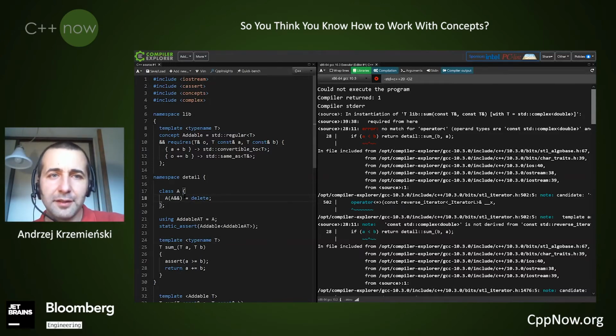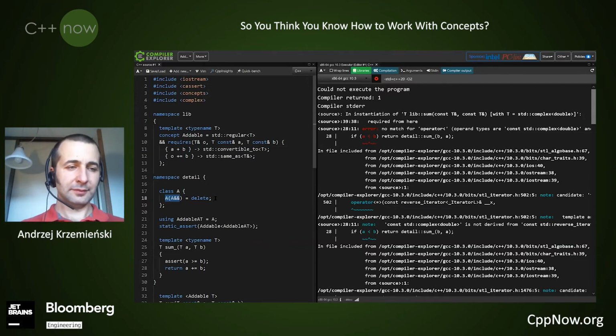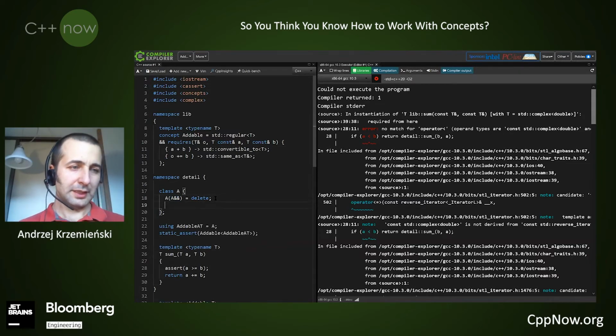And given the rules for which member functions, which of those magical functions are automatically generated, we know, or we should know, that if we declare the move constructor as deleted, all the big five becomes deleted. We have no default constructor, no copy constructor, no move or copy assignments. And there are other functions that we get by default, which we also don't want. It is a comma operator and address of operator. So let's remove them as well.